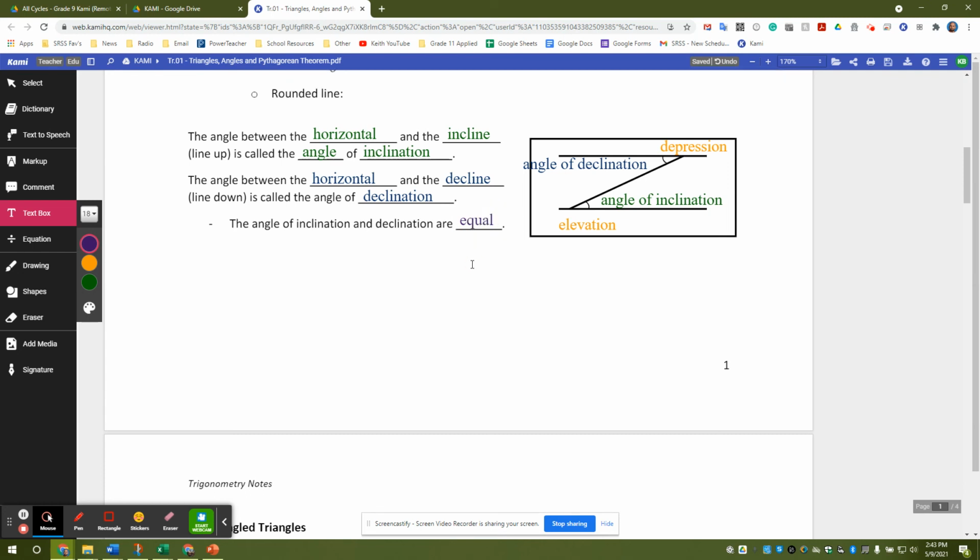In class, and I may do this in class when you are there, I like to do a demonstration where I stand up on a chair and I look down on students who are sitting. So now it's a little more drastic because I'm standing on the chair. If a student is looking up at me at the same time I'm looking down at them, our eyes are looking straight at each other. I am looking down at the same angle that they are looking up at me. Okay, so it's exactly the same angle we're looking at. So we may do a little demonstration in class to show that, but that is something to be aware of, that they are